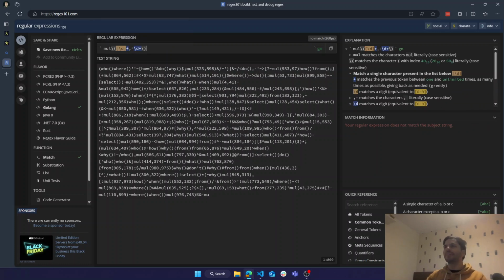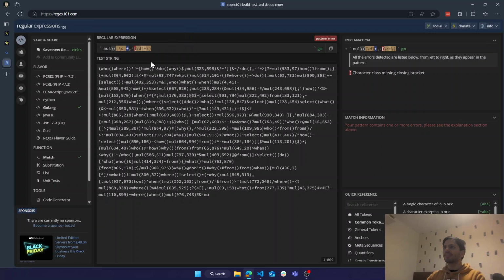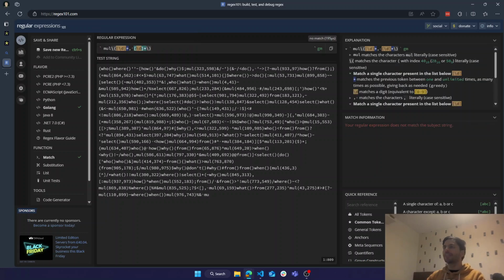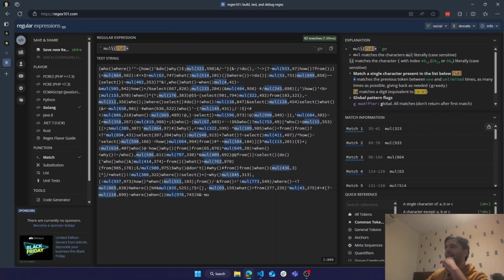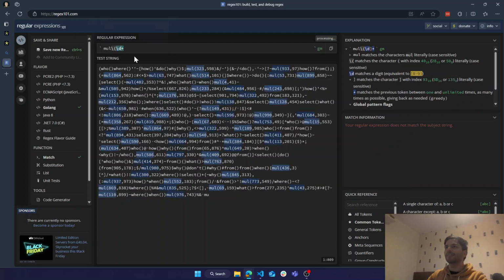It gets all the digits, but I don't know why it doesn't work when I do all of them together. When I do that, it's fine, and even if I don't have the square brackets, that is fine.